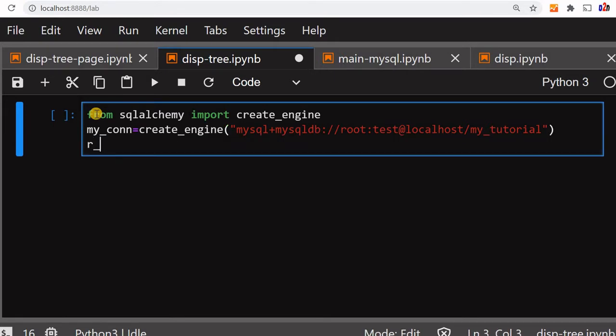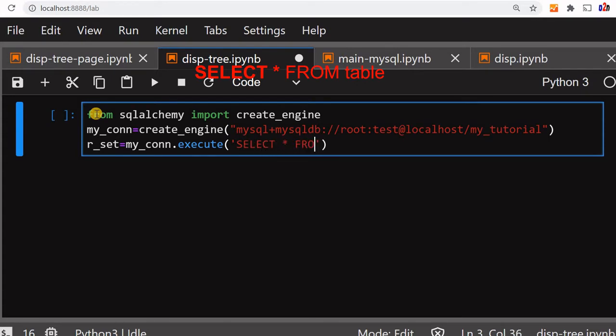Now I will execute. First I will get the cursor of the record set. This is my connection, what I have just created. Execute. Now what will it execute? It will execute the query select star from student. Student is my sample table.